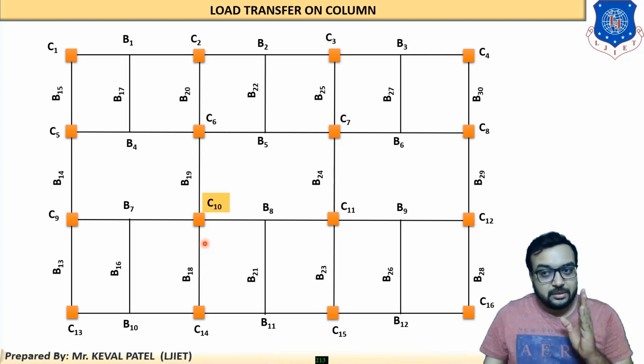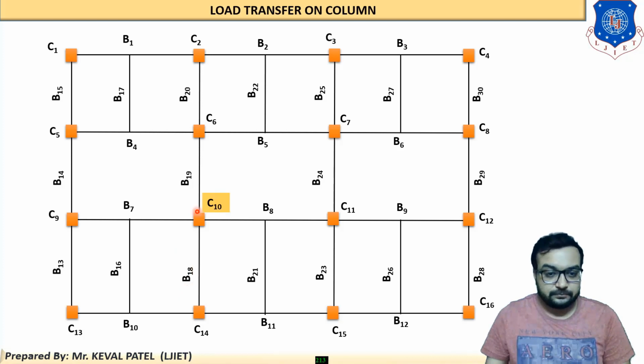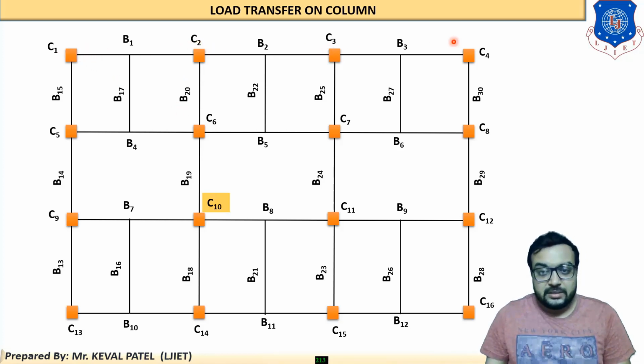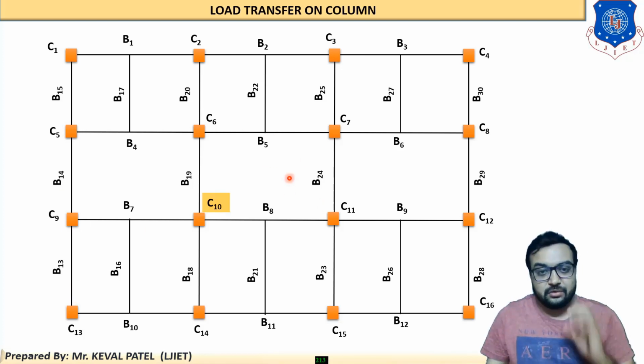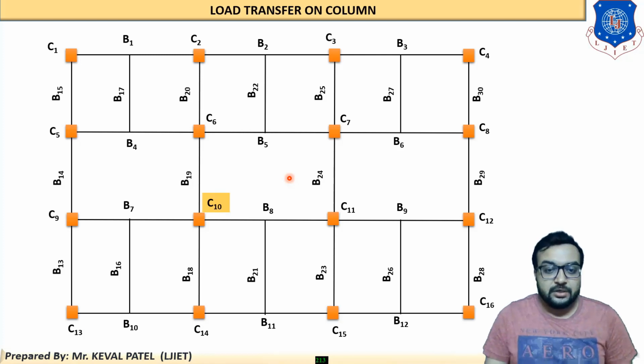Students, you have already studied the design of beams B18, 19 and 20. This dimension is 6 meter. All these dimensions are 6 meter. This dimension is 3 meter. This dimension is 6, this is 4 meter and this is 6 meter. So this is the repeated figure and repeated question which was already used in beam design. Now moving to the next slide.